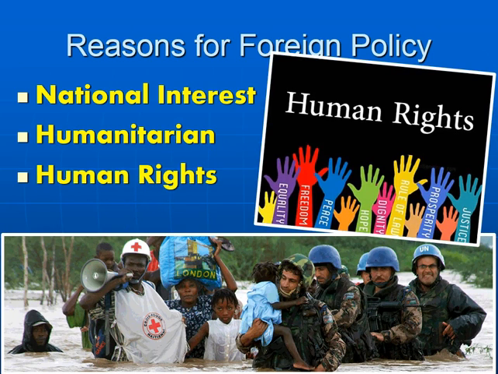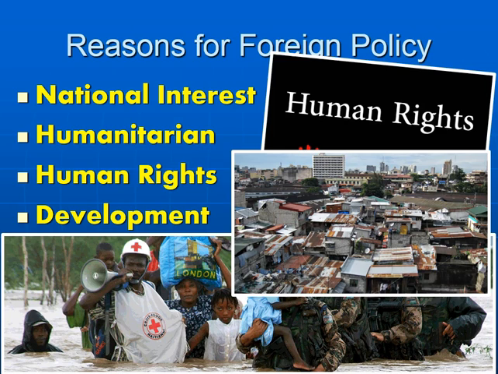Human rights. We are a firm believer in the idea of human rights, or what Hobbes, Locke, Rousseau, and Montesquieu would have called natural rights. And so we want to protect those natural rights in the world, not just in America. And then finally, for development. You may remember from U.S. history the idea of the first, second, and third world, or the developing or lesser developed countries in the world. Sometimes we want to help those struggling countries make their way into the modern world. Of course, usually when we do this, it's for our own national interest because we have some money to gain. We've got some profit to be made.